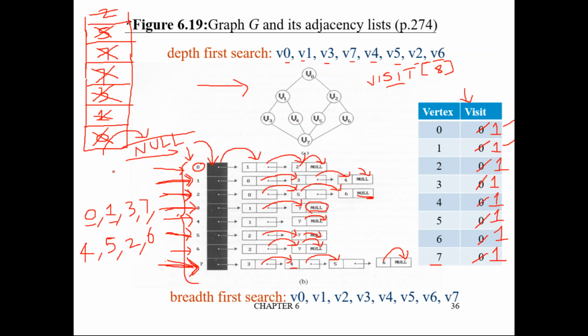The second case: I am calling the linked list things nodes and the others vertices. If you are visiting a node which is already visited, then just go to the next pointer where the linked list is pointing. Just go to the next. The third case: if you are reaching a null entry, you have to pop. These are the three cases.